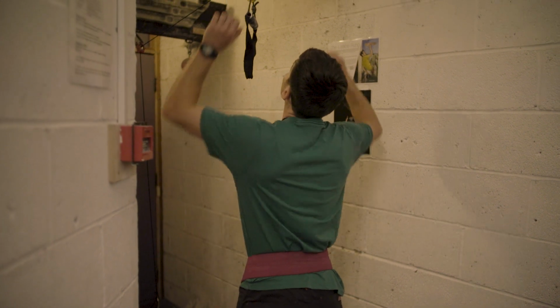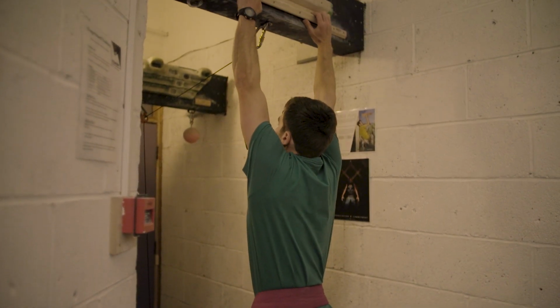The real key thing here is that whatever method you use, and we're going to demonstrate a couple of them with Ollie now, is that you try and standardise that method so that if you're measuring in January, February, March, April, you keep going back and referring to that same method, and then we have something to reference to see whether you're getting stronger. So if you're going to be doing a heavy weighted two-arm dead hang, you really need